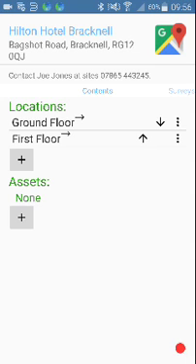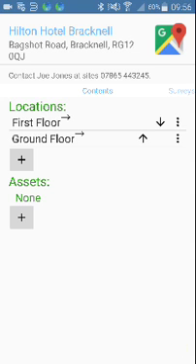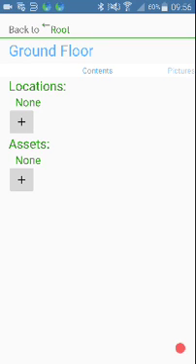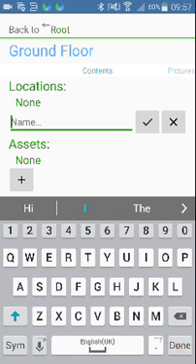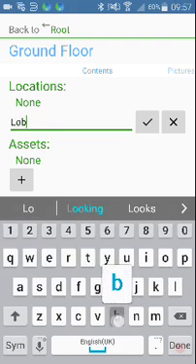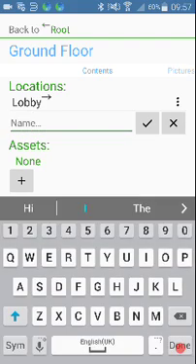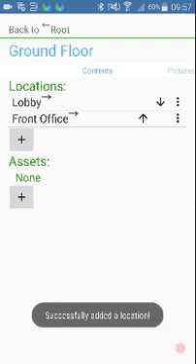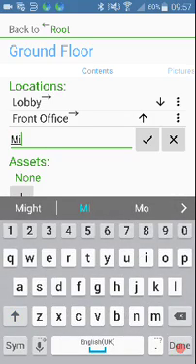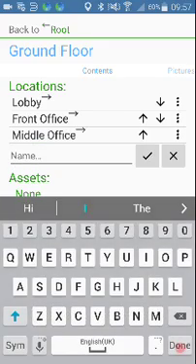What you can do then is make sure your floors are in the right order. I like to see the ground floor at the bottom and then work your way up the building. So we'll start on the ground floor. Imagine yourself coming through the front door, so you only really want to put the locations where you've got something that exists that you're going to test, but in this example I'm going to put everything. So I'm going to put the lobby, I'm going to put the front office into the ground floor, I'm going to put the middle office, I'm going to put the back office,